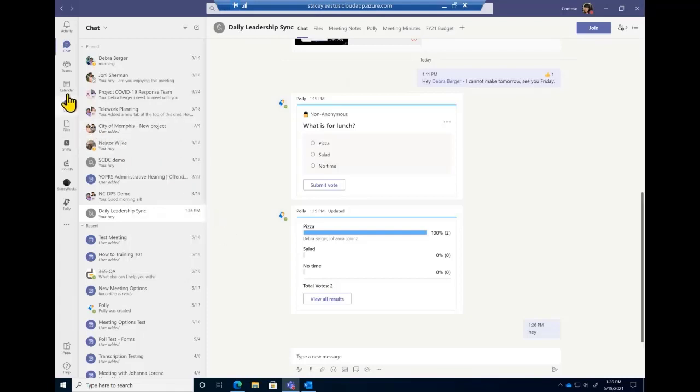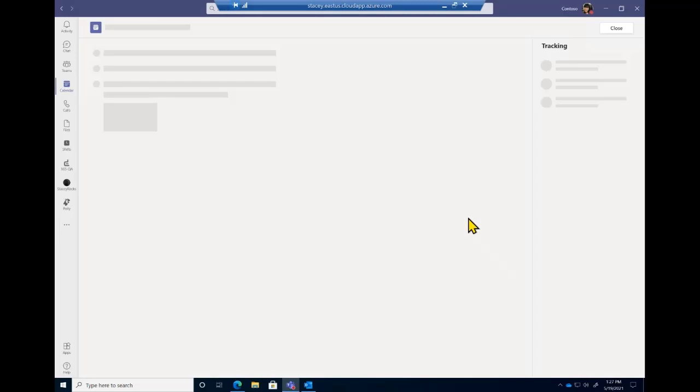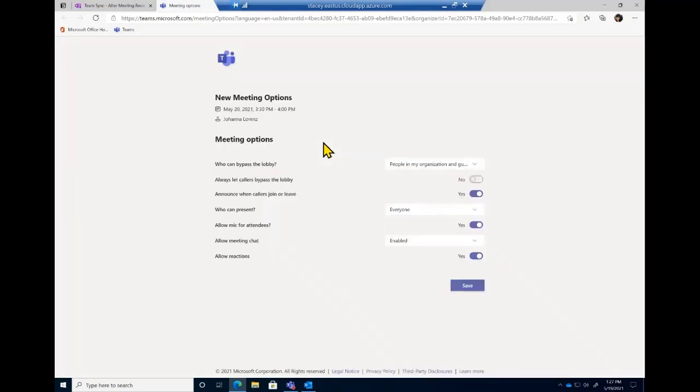Now, what we just recently released: if I hop over to the calendar and find a meeting I just created, say this is a recurring meeting or a one-time meeting, it doesn't matter. When you click on the meeting options, it takes you in, and we are continuing to evolve and update these, so you will see changes, but what we have recently rolled out is what you see here.